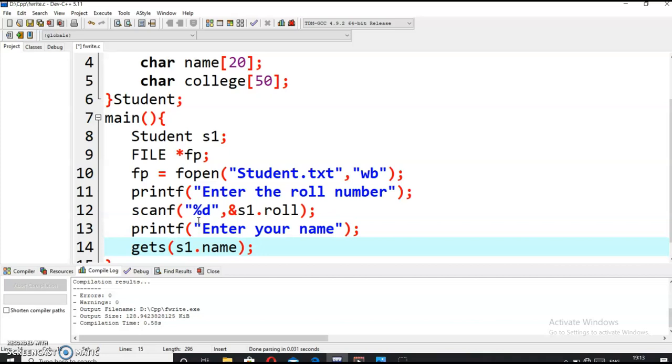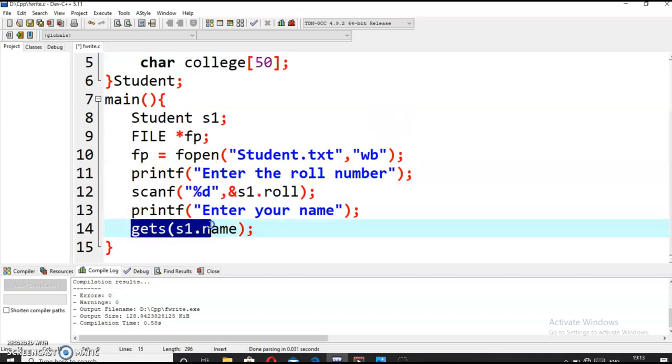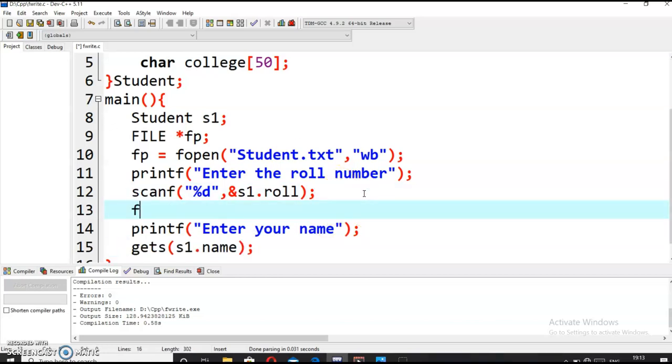Now what I have to do is use a flush function, because if I don't use the flush function, it will not empty the buffer. What happens is the scanf function takes the input from the buffer only. When we input something on the keyboard, it goes into the buffer, and from the buffer scanf takes it. The same is also the case with the gets function. So I will have to clear the buffer before it. For that purpose I will be using the fflush function and stdin. This is also declared in the standard stdio.h header file. So stdin. That's all.